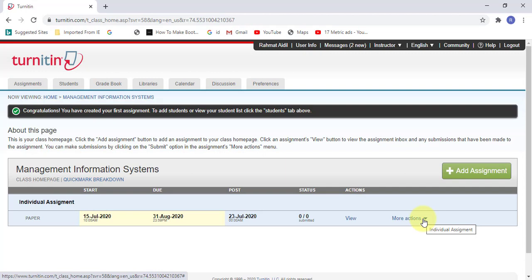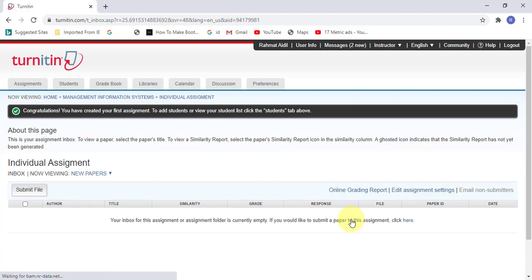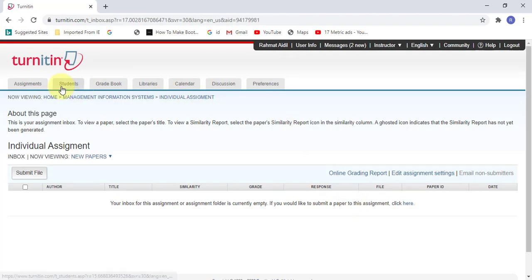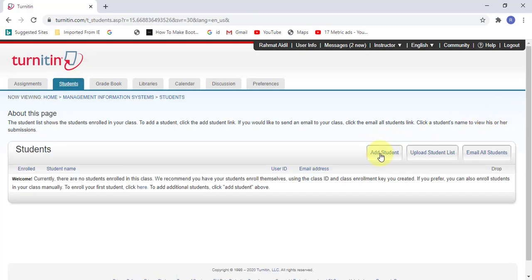Right, for us to submit, we can just go to the more actions here. Then we can edit the settings, we can submit, and we can also delete this particular assignment. Another important thing that I would like to stress here is how to add the students. Why is it important to add students into the class? It's easier for us and easier for the students. We just go to the view here and then go to the students here,